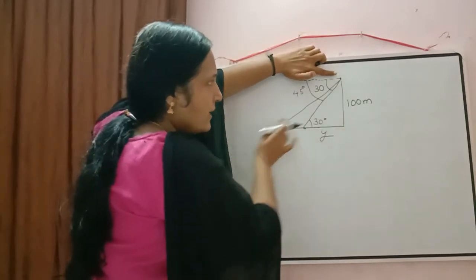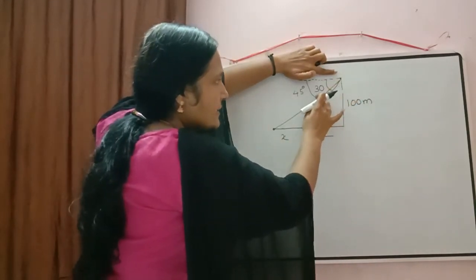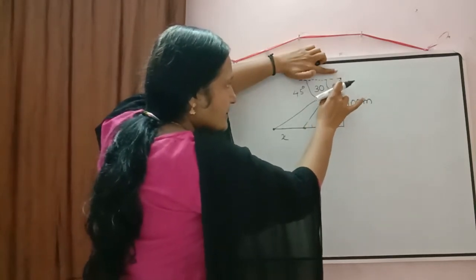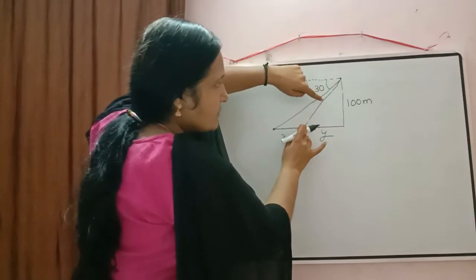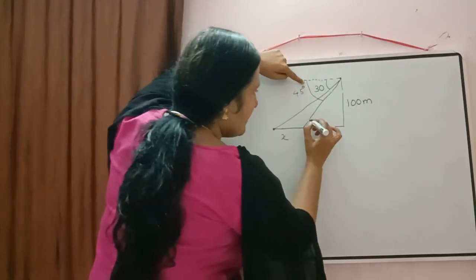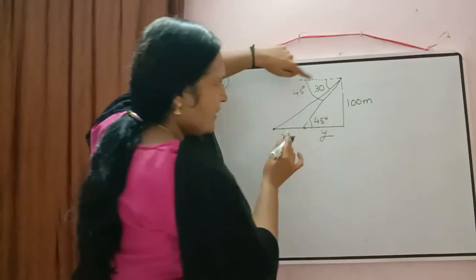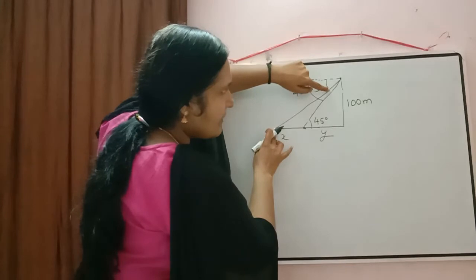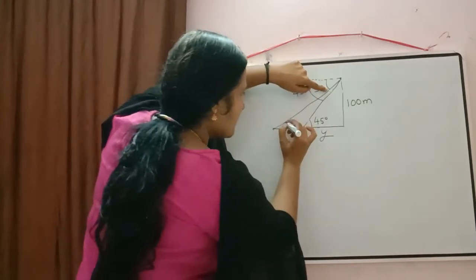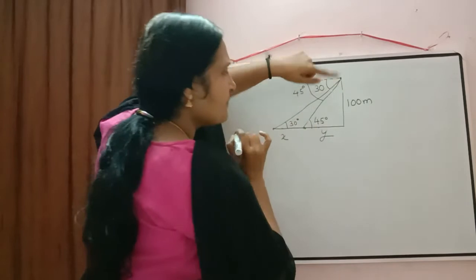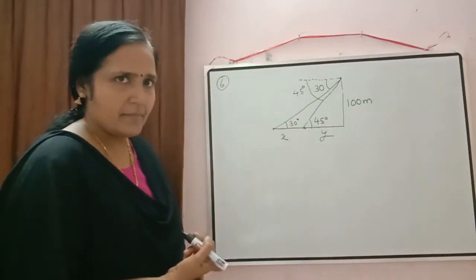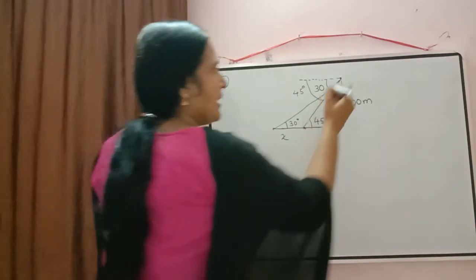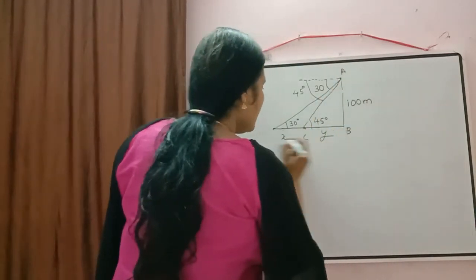Again, two parallel lines intersected by this. Here this is the angle. I have taken this as the transversal. So the angle made by this transversal is this angle, 45 degree. And here, if we consider this line as the transversal, the angle made by this line with the horizontal is 30 degrees. So here we will get this angle equal to 30 degrees. So this is the diagram, and we have to find out the value of x. Again we can mark the points here, triangle ABCD.